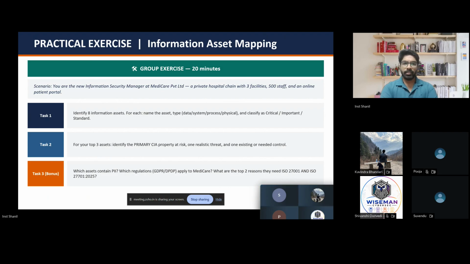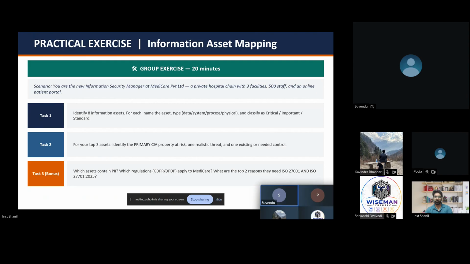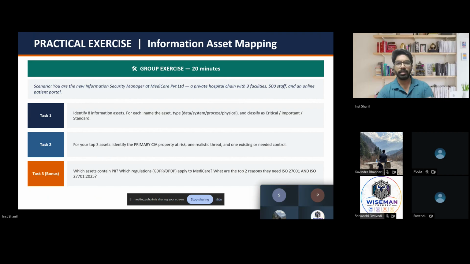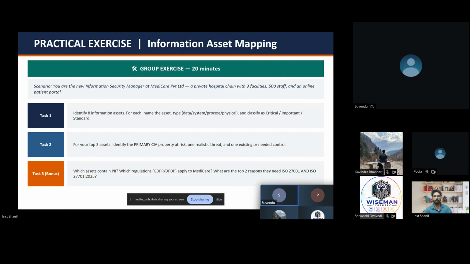Okay, let's move to task 2. So, Sumit, you mentioned servers. Can you segregate confidentiality, integrity, or availability on your server example? Under which of C, I, or A does it fall? Let's talk about servers first. Can you categorize the server under either C, I, or A? Sorry, can you repeat? Confidentiality, integrity, availability. So, where can you classify a server?